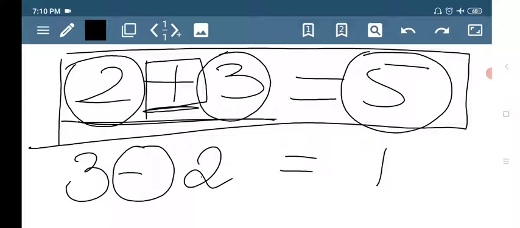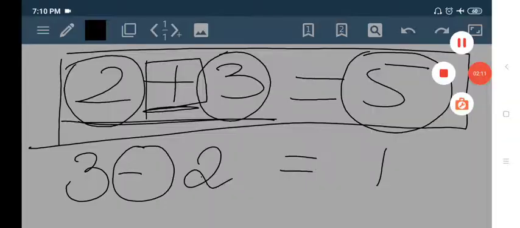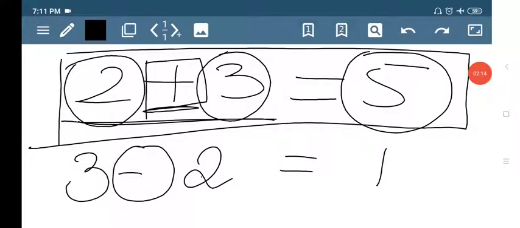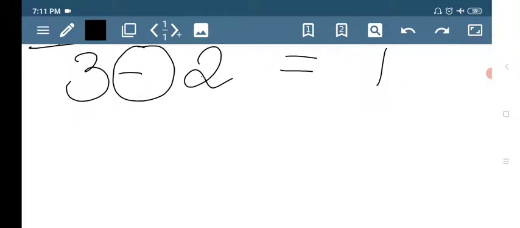So we call these operators. Plus, minus, into, divide, we call them arithmetic operators. Okay? So now, dear students,